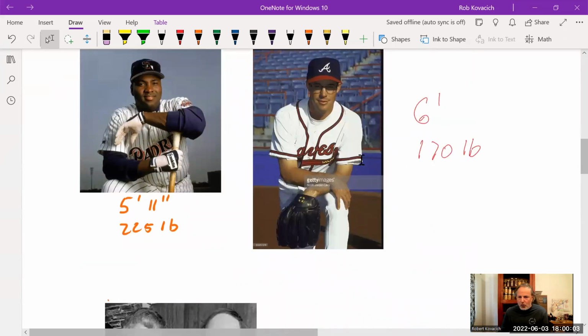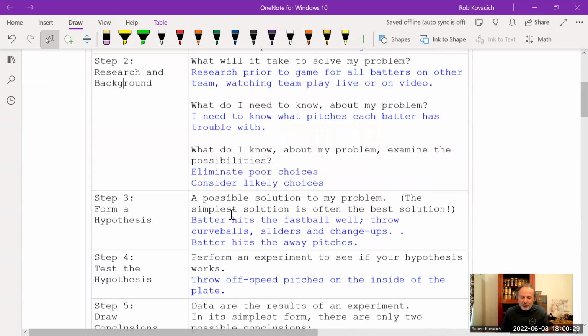So the counterpart to Greg Maddux is Tony Gwynn. Tony Gwynn is 5'11", 225 pounds. He himself would say he's a portly baseball player who plays first base so he doesn't have to run. He has one of the most prolific hit totals in all of baseball. And the reason that he did, even though he's an overweight, short baseball player, is he also followed the